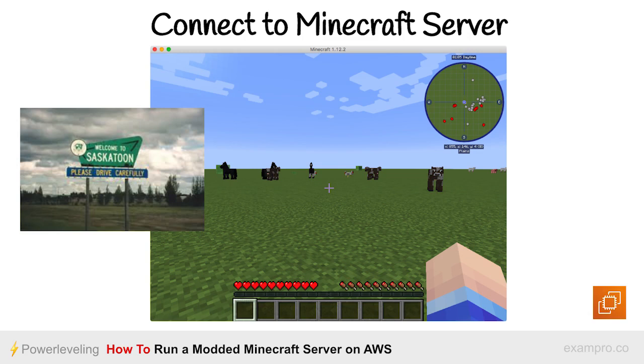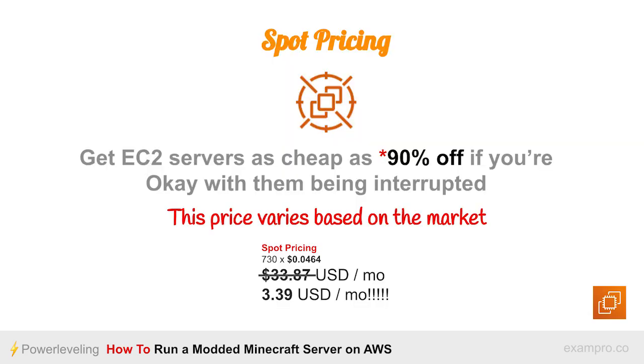Hooray! So technically we could just leave it like this even and start playing now, but as promised earlier, let's just look at a few quick ways how we can bring down our monthly bill a bit. And the first trick we have to mention is the AWS spot pricing I briefly mentioned earlier. The prices can vary region to region, but you can potentially save anywhere up to 90% of the total cost